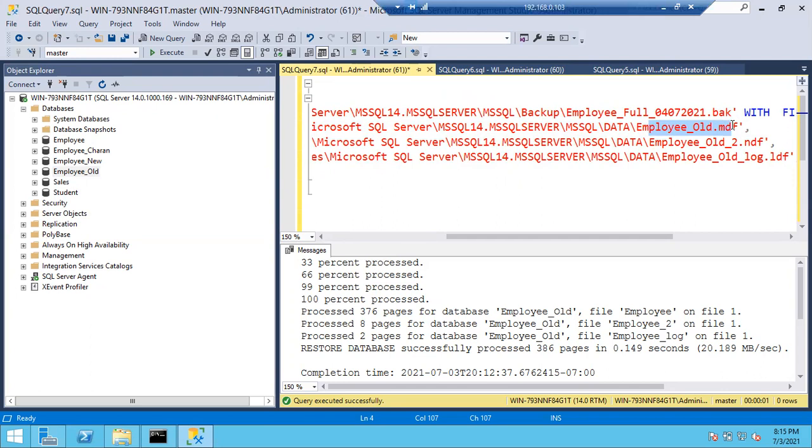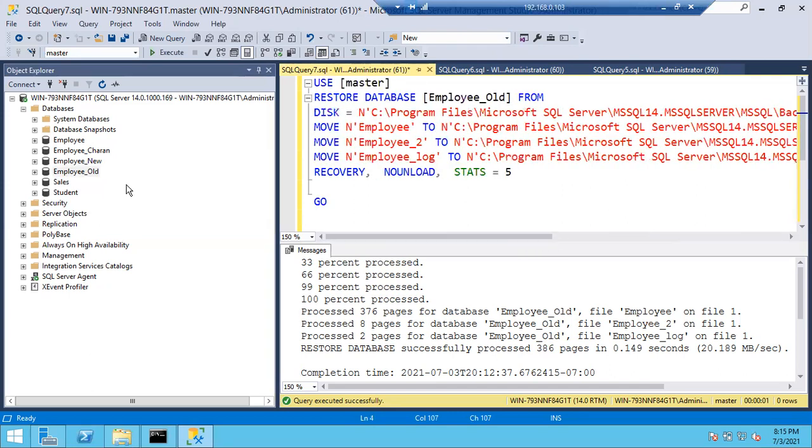The file names are changed, right, sir? New to old, so no need, I think. That's why I have the question. Then do one thing, just try it. In your SQL Server Management Studio, without using the WITH MOVE option, just try to restore the database. Okay, sir. Sure, sir. Let me know the result. Okay, fine. This is how we are going to restore.